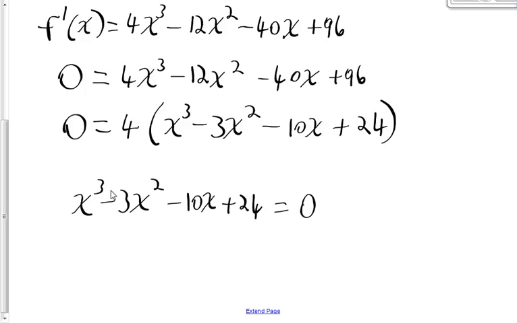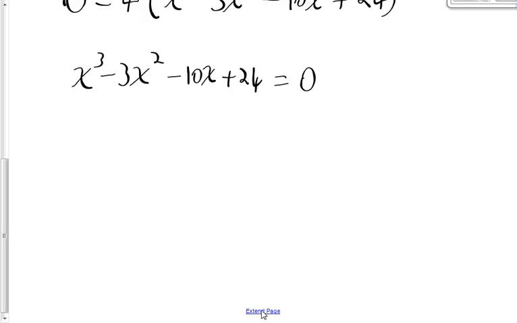Well, we have to go back to our college algebra and pre-calculus days. In order to find zeros of this, we're going to have to find all the possible rational zeros. So this would be p, and this would be q. Q would be 1, the coefficient of the leading term, and p is the constant. So I need to look at all the factors of p over the factors of q. So that's plus or minus